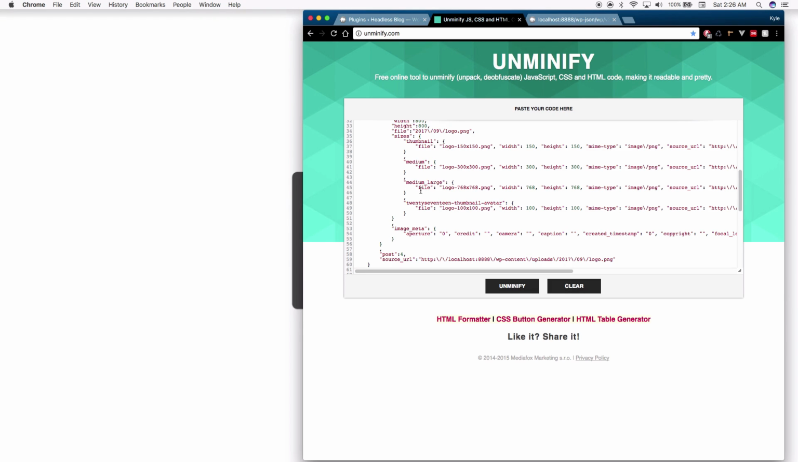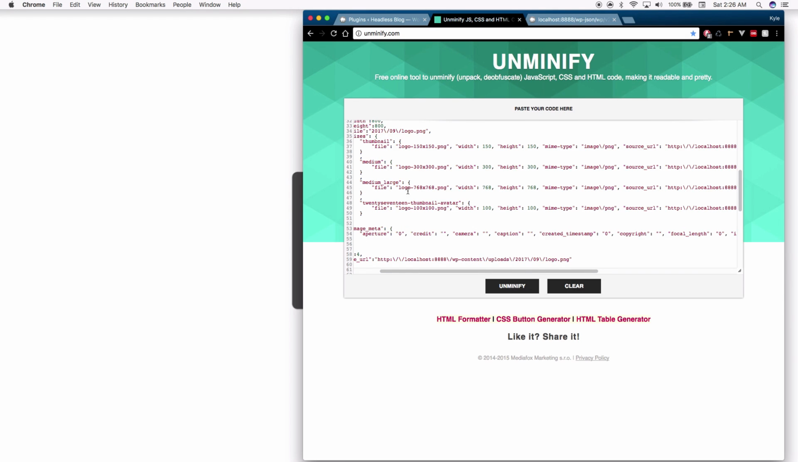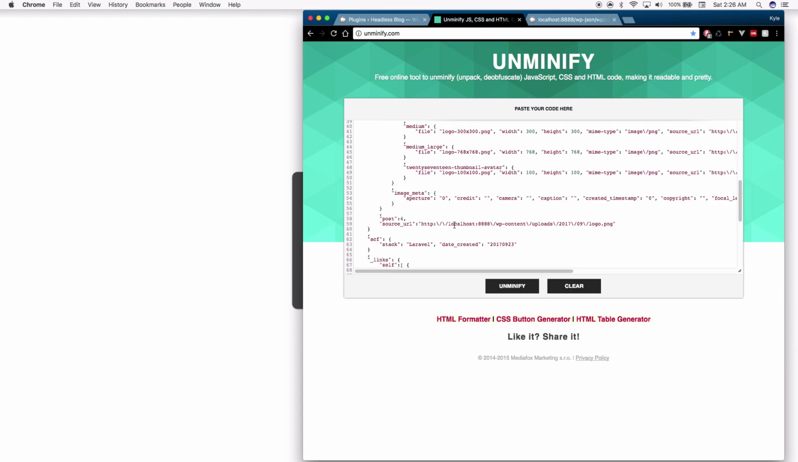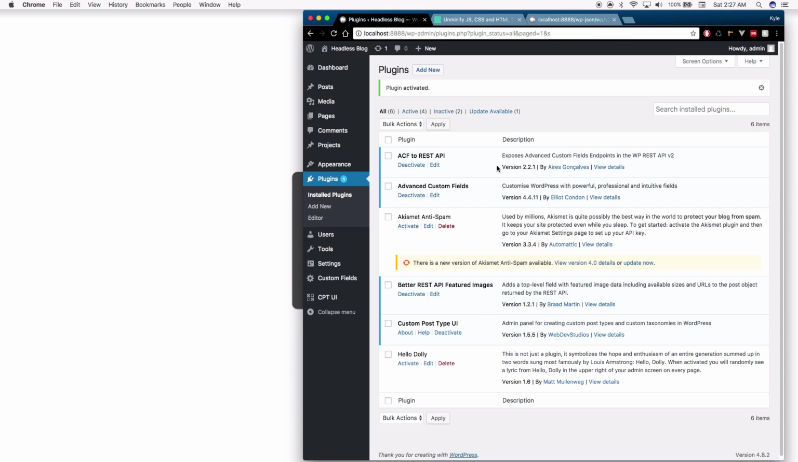See how it has a medium large? If it's big enough, it'll have a large. So I'll say if it does have a large, then load the source URL from the large. If it doesn't have a large, then just use the source URL overall, which will just be the normal full size rendered. Okay? Alright, so that's pretty much everything you need to know in order to set up your Headless